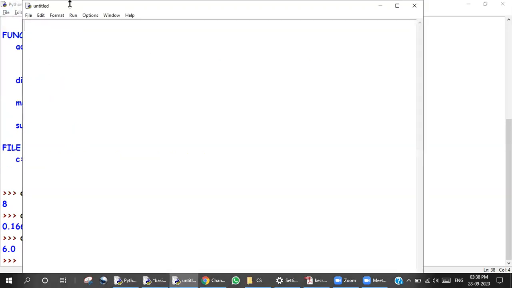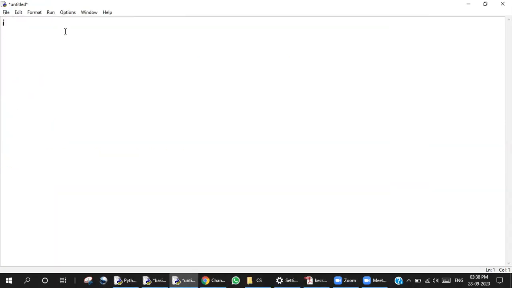Now let's take a new file and import it over here. Let's say import basic underscore math. Okay, and over here I'm going to do a calculator program. So I'm going to take 2 numbers from the user.